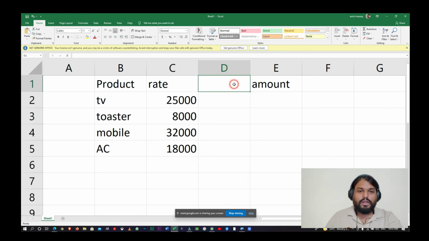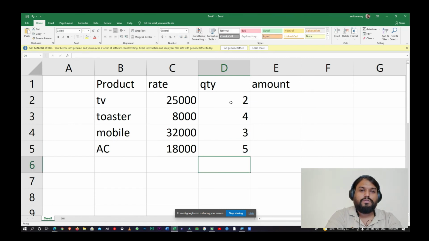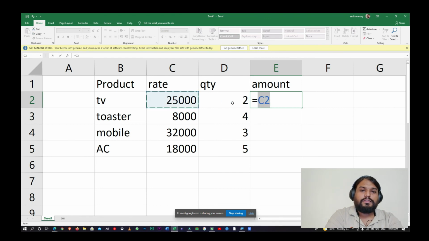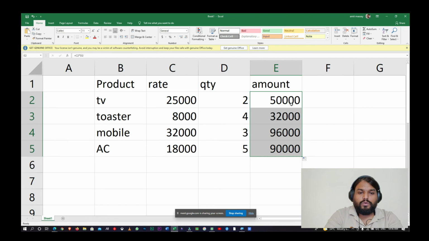Over here I'll write quantity, and the numbers given were 2, 4, 3, 5. Some amount is given, so let's use a formula over here, equal to sign, this and this, and multiply. So this was the total amount.